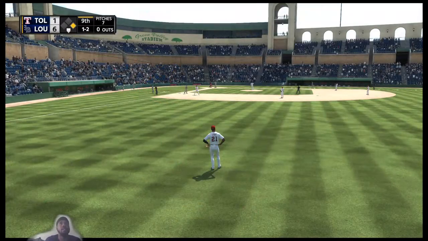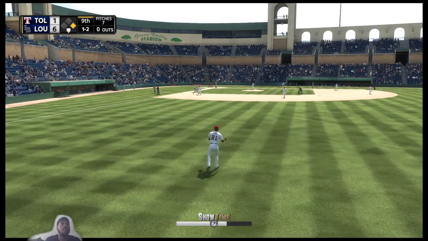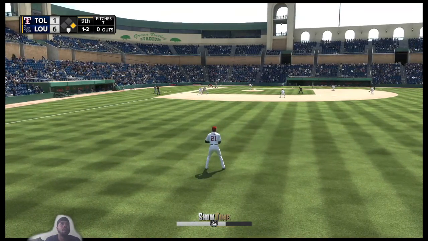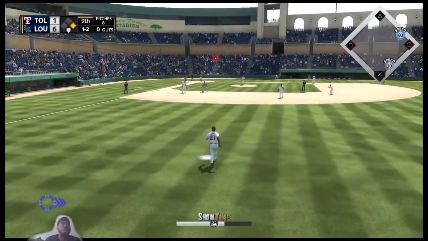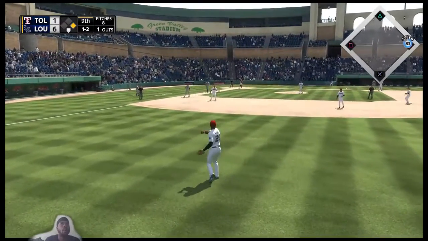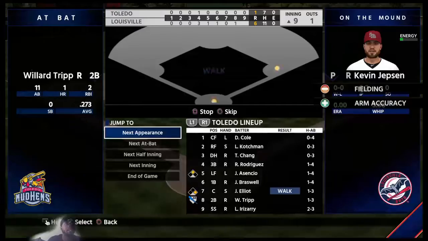Into the box now, Jerome Braswell. Swinging a blooper to the right side. Big Daddy is going to get there, and that's the first out of the inning. And he will scurry back to first as